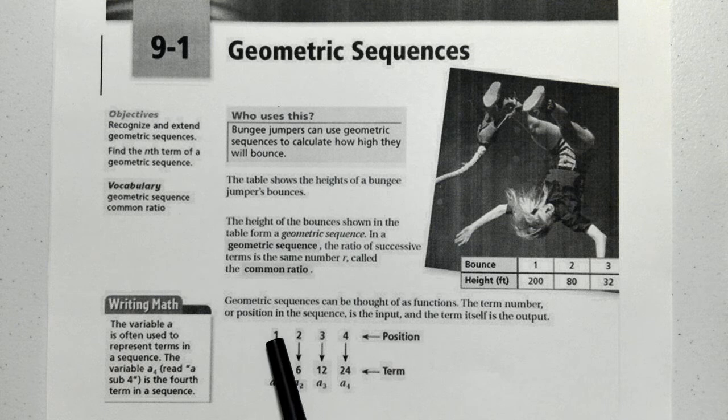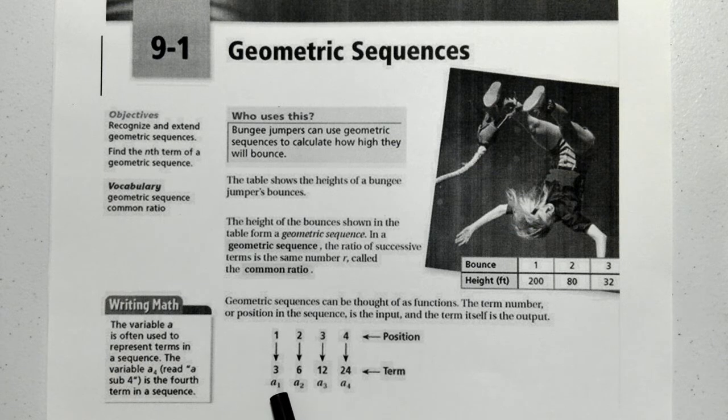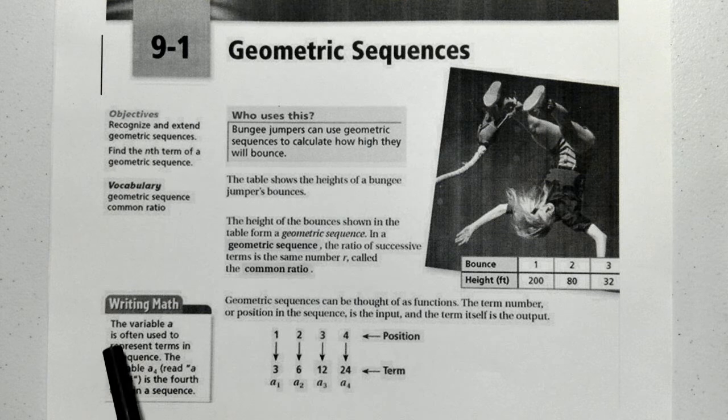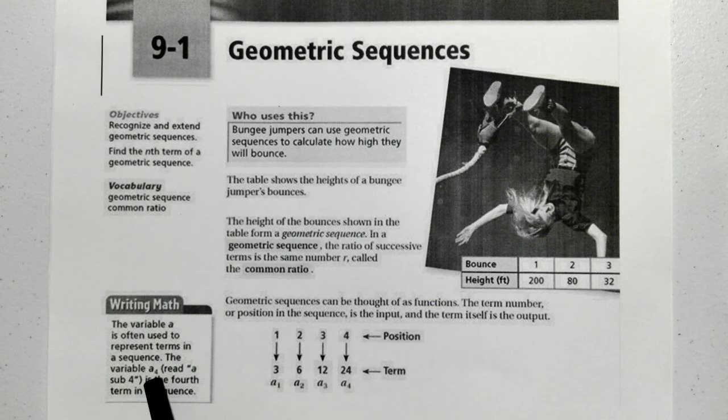So here, the first position was 3, and that's a sub 1, the 1 tells us the term in the sequence. Second position is 6, so a sub 2. Third position is the number 12, a sub 3. Fourth position, the term is 24, which is a sub 4. The variable a is often used to represent terms in a sequence. The variable a with the little 4 next to it is read a sub 4, and it's the fourth term